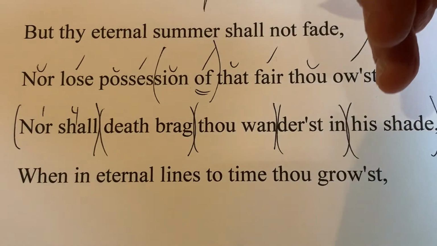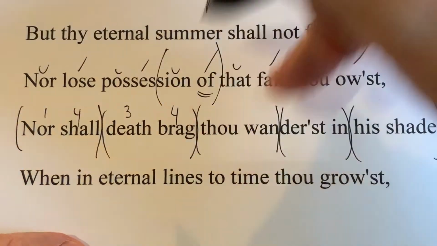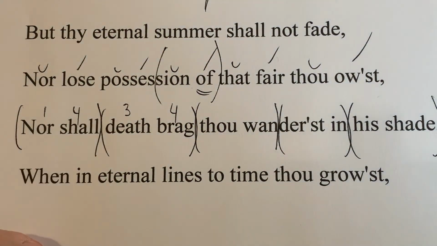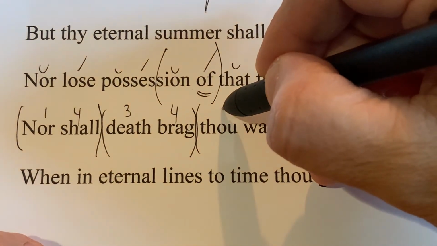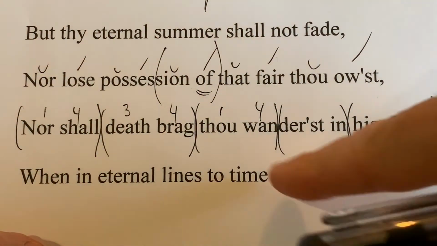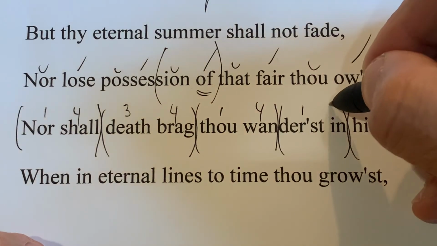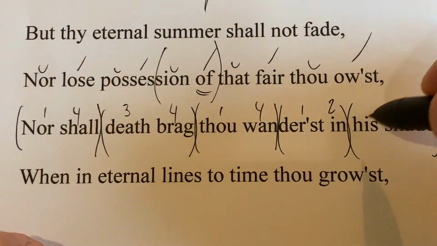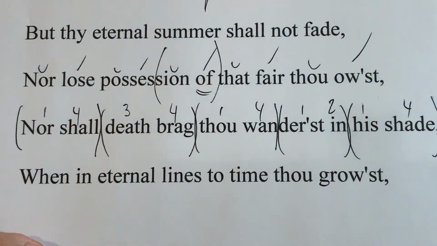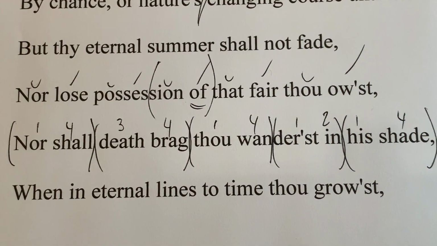Let me show you an example. Nor shall, that's weak strong, death brag. It's a slight drop. Thou wand'rest, because that's the root, the est, in, there's your promotion, his shade. That's a stronger stress difference. You can hear it. Nor shall death brag, thou